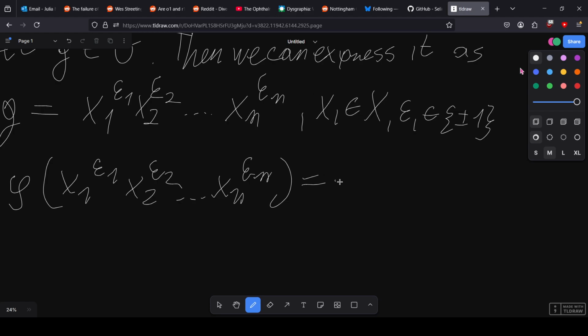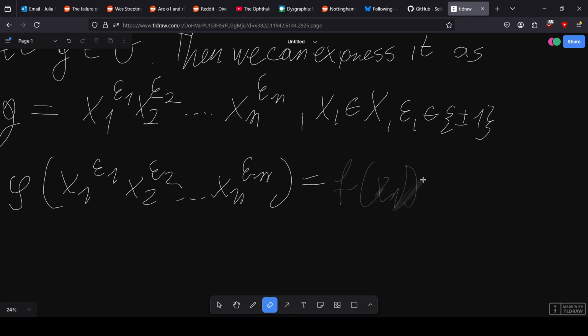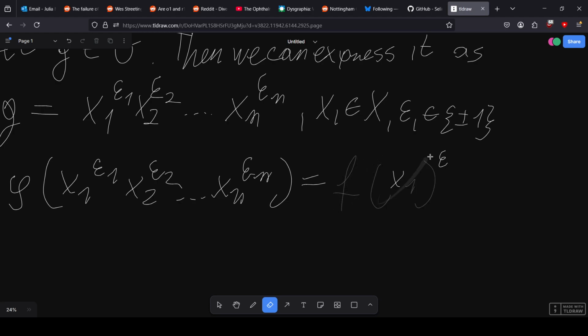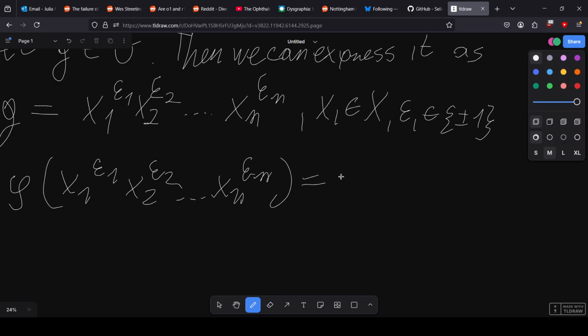Via the mapping property, and via the fact that this is a homomorphism,